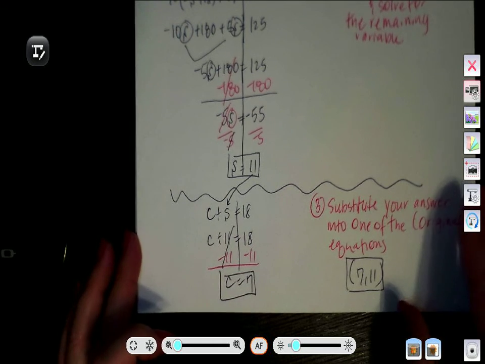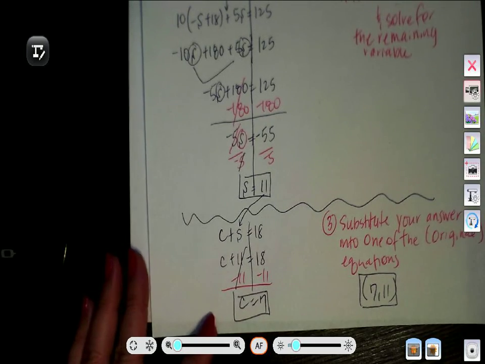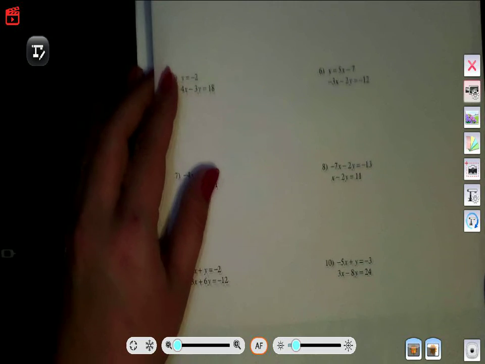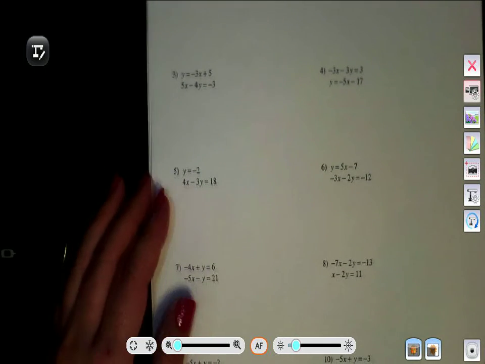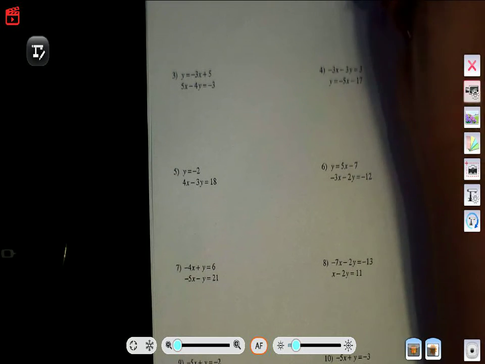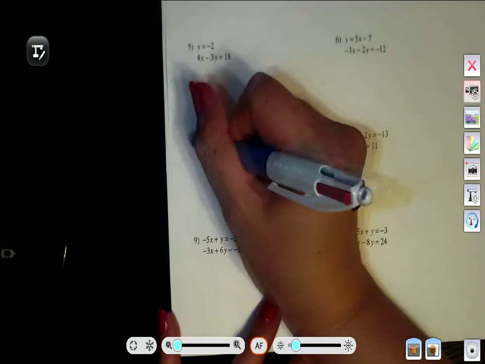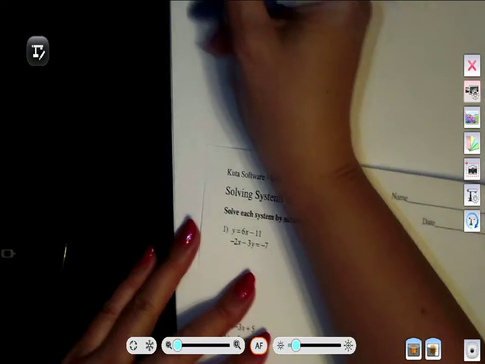Let's do another example question from your classwork today. Okay. I'm going to do 2 out of the 10 questions that I've assigned for you today. So let's start with question number 2, and I also want to do question number 7. Okay. So question number 2